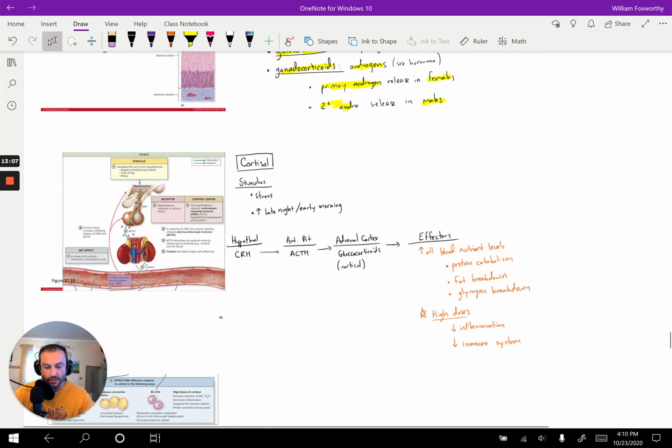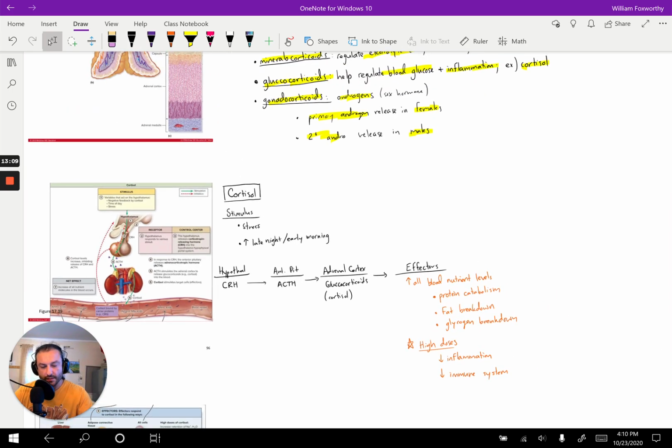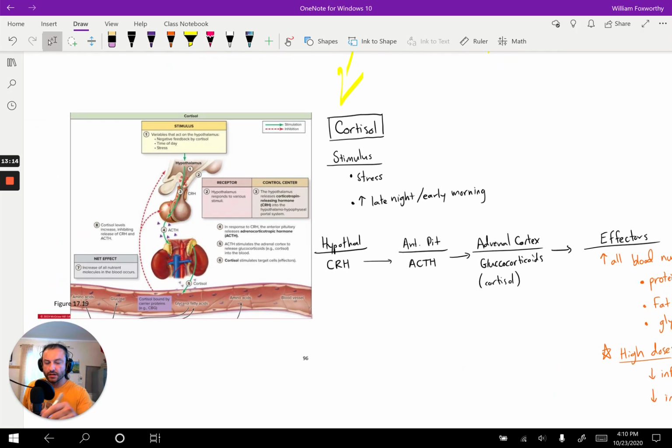So let's look at one example of a glucocorticoid, which is cortisol. This is going to be released when you're encountering a stressful situation, and it also has a cyclical release so that it increases normally during the late night and early morning. And this begins in the hypothalamus